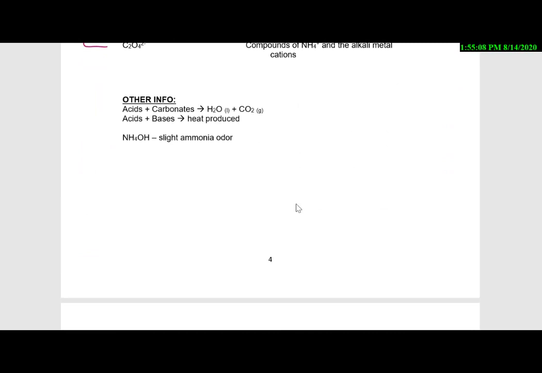The other two things that can happen that you'll see in this lab are two different types of reactions. One where you'll make a gas. So here's two examples where you will make a gas. So you theoretically should see bubbles. But here, if you put an acid, so something like HCl, with a carbonate,